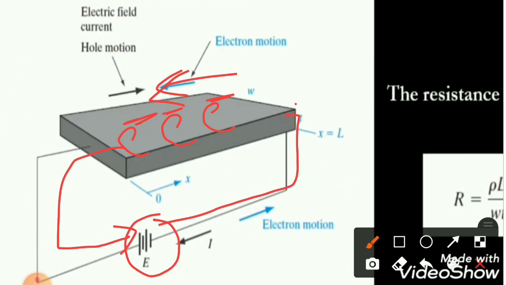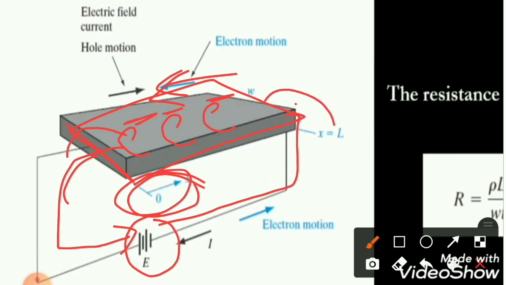The absence of an electron is nothing but a hole. If an electron leaves the semiconductor material at x = 0, exactly the same amount of electrons will enter the semiconductor material. That is, irrespective of the supplied electric field, the concentration of electrons in the semiconductor material is constant. If an electron is leaving at x = 0, at the same time at the same point the electron will enter the semiconductor material.